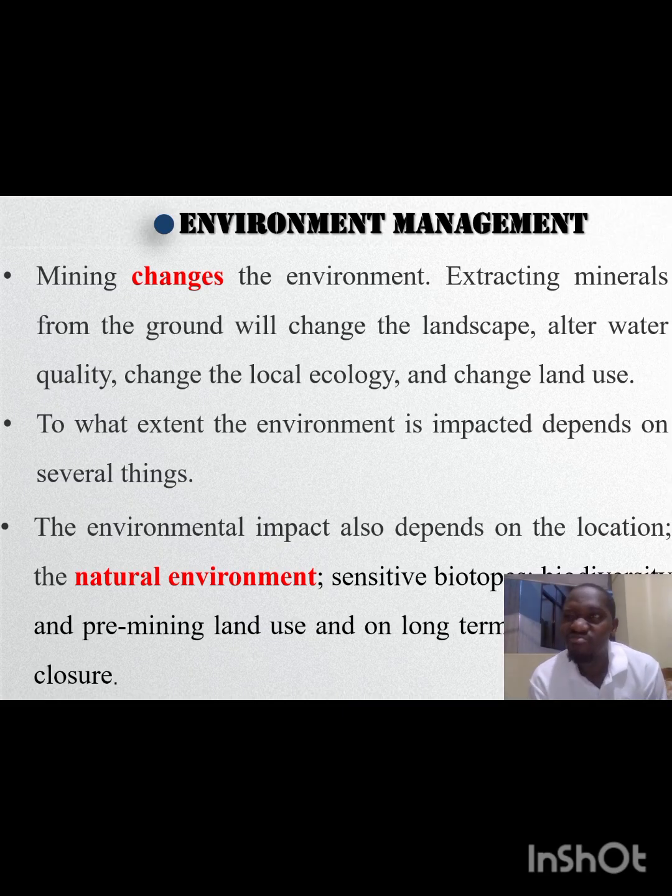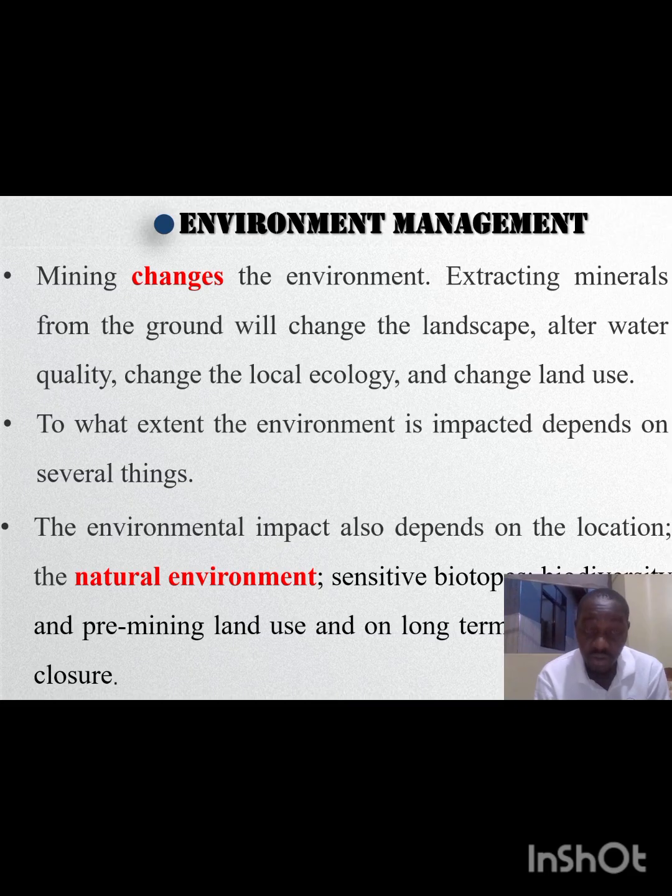We could be mining in a desert. We could be mining in a water body. Oil sometimes, yeah, we go for oil in the oceans. We could be mining in the forest. Could we also mine in Ngorongoro? Could we also mine in Serengeti? If there's an economically valuable resource, could we mine there? So the environmental impacts and the extent of impacts